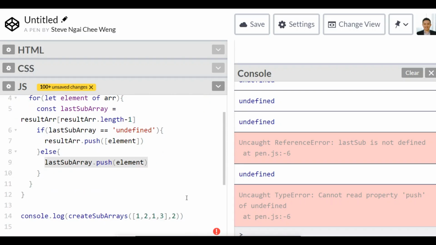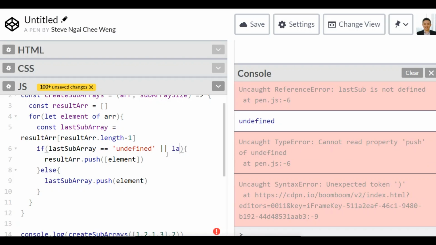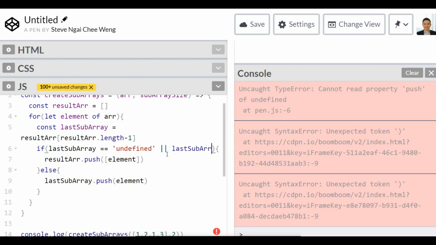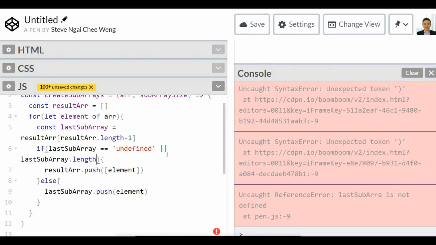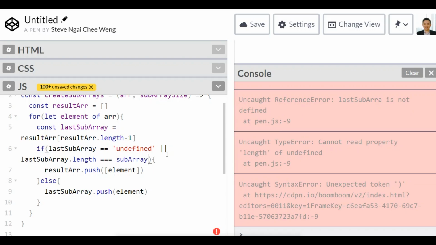Why? Because the last subarray already full. As you can see, the specified subarray size is 2. And now our last subarray is also maximized already. The length is also 2, the size is also 2. So what we need to do is we can add additional condition here and check the length. Last subarray dot length. If the length is equals to the subarray size,